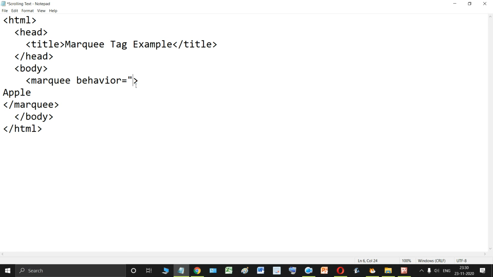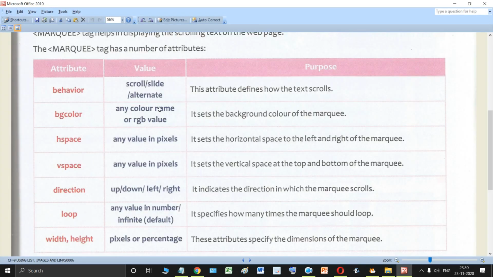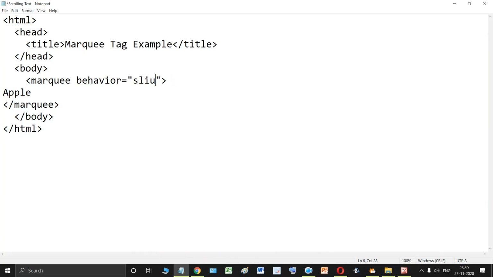Now let us change the behavior. The default behavior is what? Scroll. Sorry, the default behavior is scroll. But we have to change it. Let us see what to change it to. Let us change it to slide. So let us see what happens when we change the behavior to slide. I have changed the behavior attribute's value to slide, and I'm going to save this file,